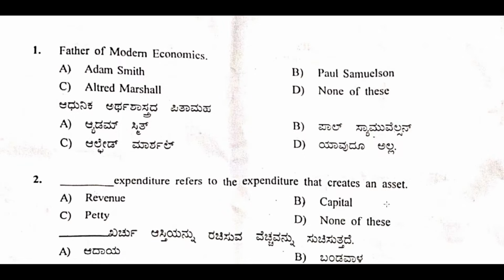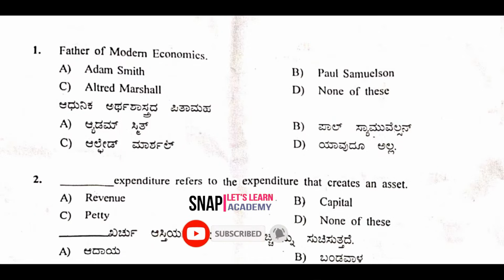So the right answer is Adam Smith. So Adam Smith was 19th century Scottish philosopher, and he is considered the father of modern economics, and also he is the most famous for his 1776 books, The Wealth of Nations. Smith writings were studied by 20th century philosophers, writers, and economists. So right option is option A, Adam Smith.